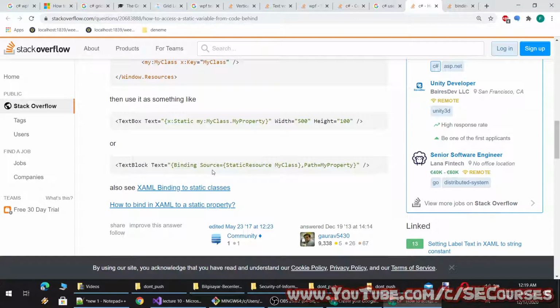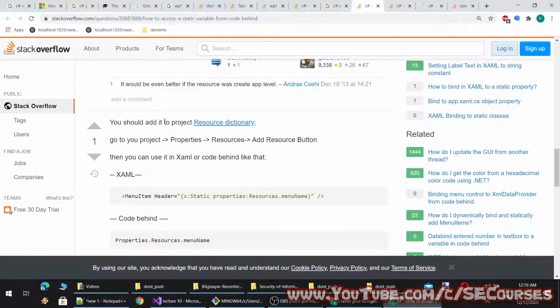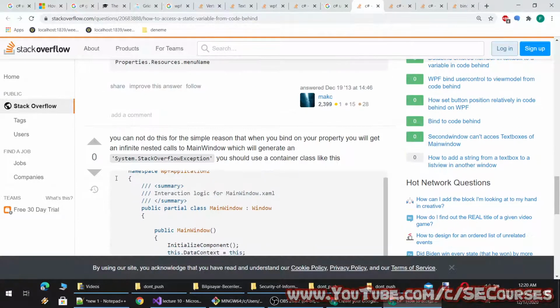Okay, there is binding source, static resource, my class path. No, not this one.